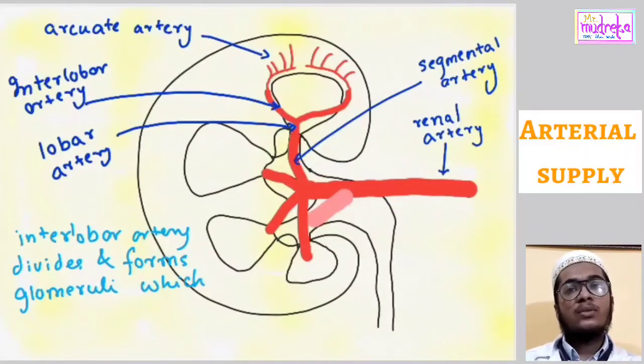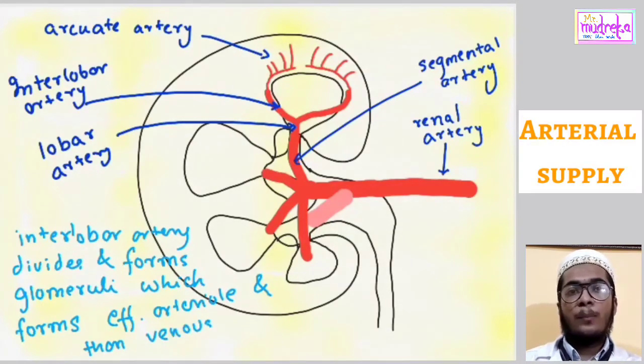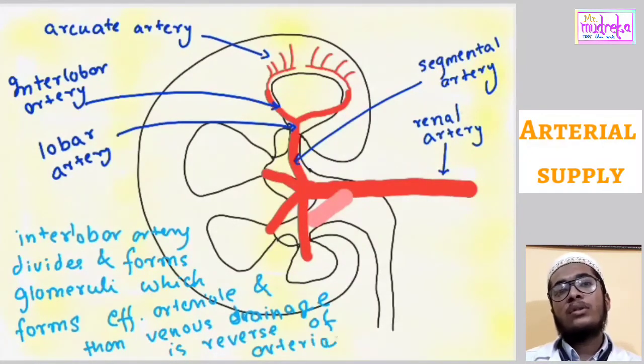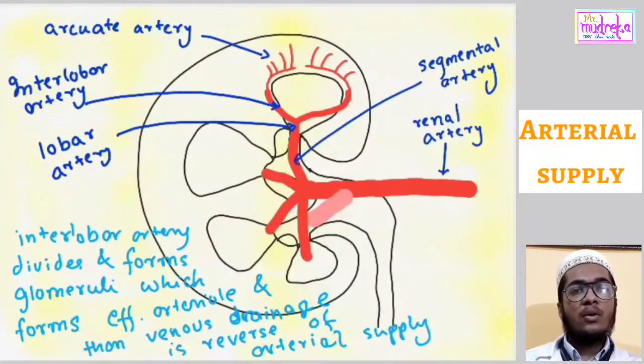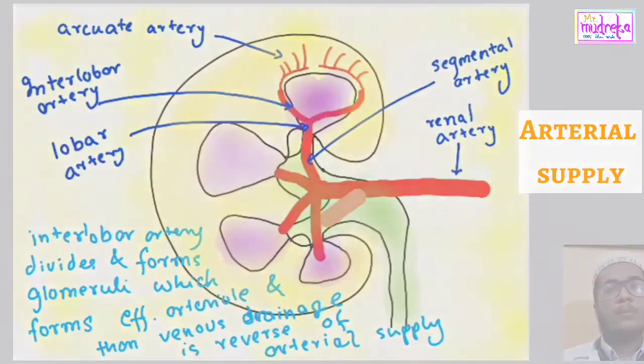The afferent arterioles from the interlobular arteries pass to the capillaries of glomeruli, which then reunite to form efferent arterioles. The efferent arterioles divide to form peritubular capillary plexus around the convoluted tubules. These capillaries drain into the interlobular veins and then into interlobar veins, which run along the corresponding arteries. The interlobular veins drain into the arcuate vein, which in turn drains into the interlobar vein, which passes through the kidney tissue to the sinus, where they join to form the renal vein. And this was all about the renal blood flow.